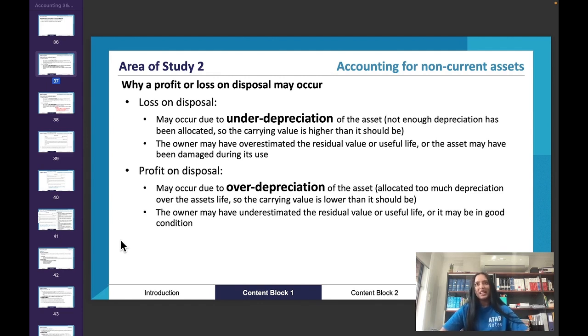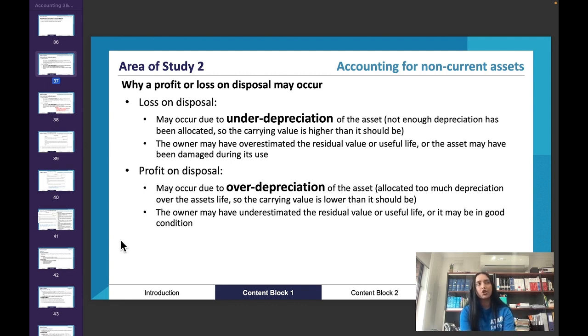Obviously, that doesn't mean that businesses can just calculate depreciation however they want to. If I'm a business owner, I can't just say, oh, well, my depreciation is going to be inaccurate anyway, so I might as well just calculate depreciation a certain way. No, you can't do that. You still have to be as accurate as possible. And the business can consult their accountant, or they can get multiple opinions of what other accountants think the residual value and useful life should be.